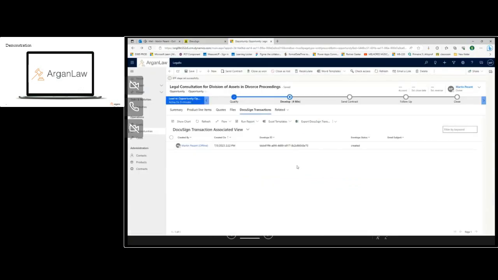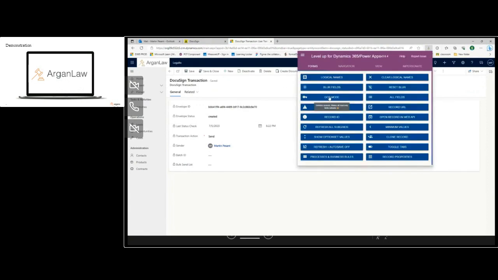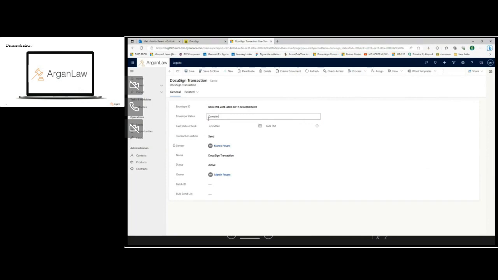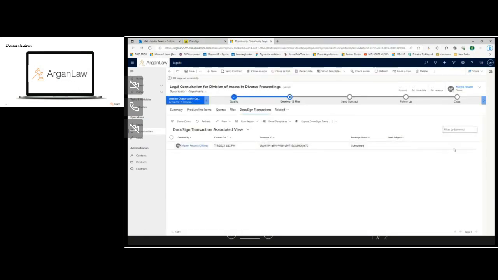Now, because I have the demo license, this envelope is not going to be updated. So just for the sake of the demo, I'm just going to test it myself. So I'm just going to write needed. And then what's happening here is when the final signature is done on DocuSign, DocuSign does a post message. So it updates this row over here and changes the status from whatever it was to completed.